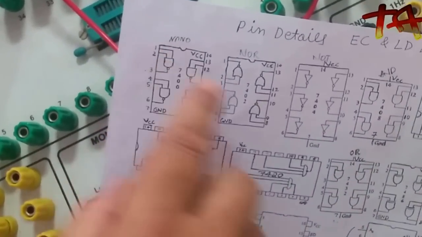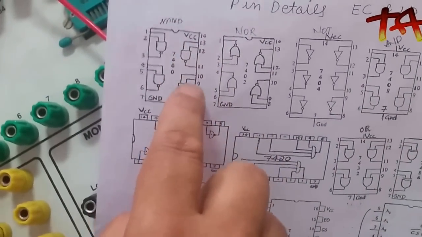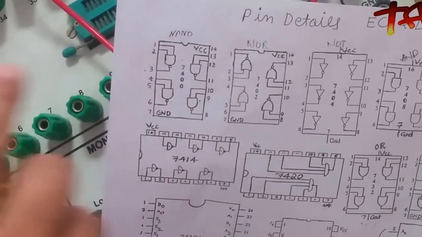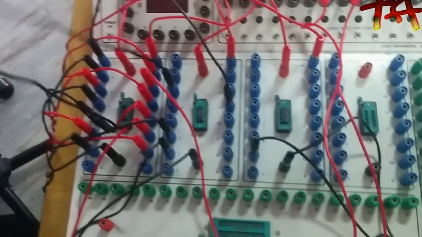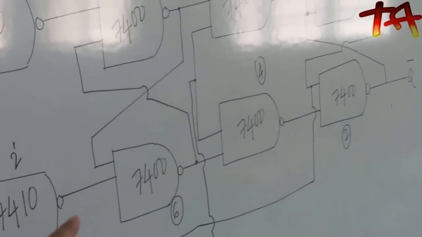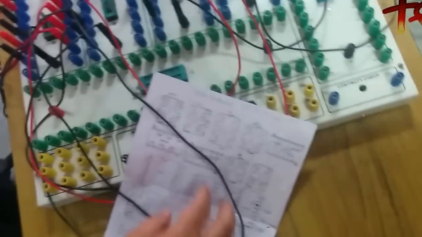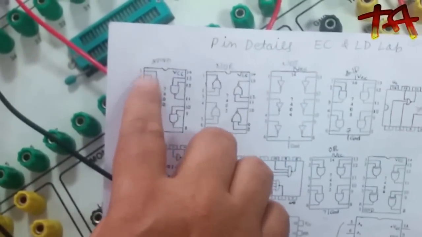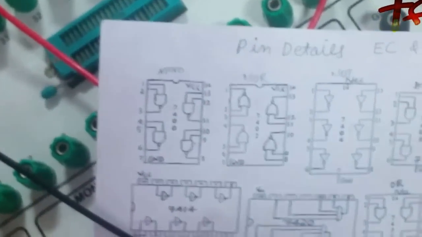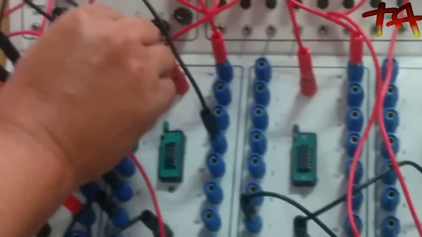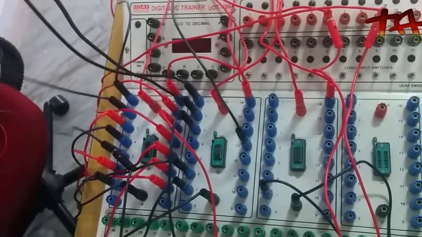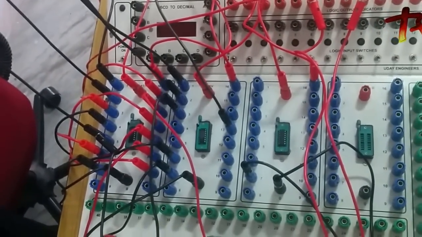You can see the output here. This is the second IC, pins 5 and 6, and we are taking a 7. We have shorted these two, gates 3 and 4, two inputs shorted and given to the gate number 7 output, and then the clock. What is the input to the 7? Input to the 7 is 1 and 2. Therefore on the second IC, 1 and 2 will be shorted.